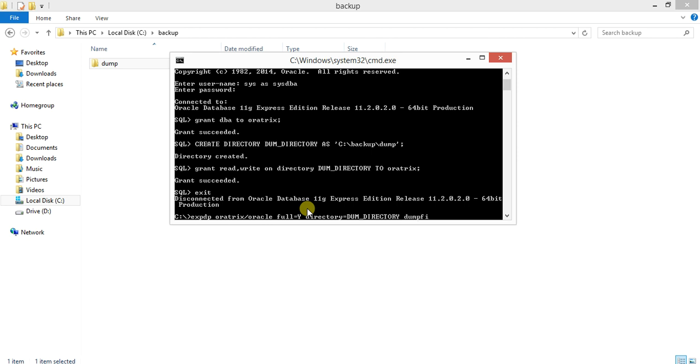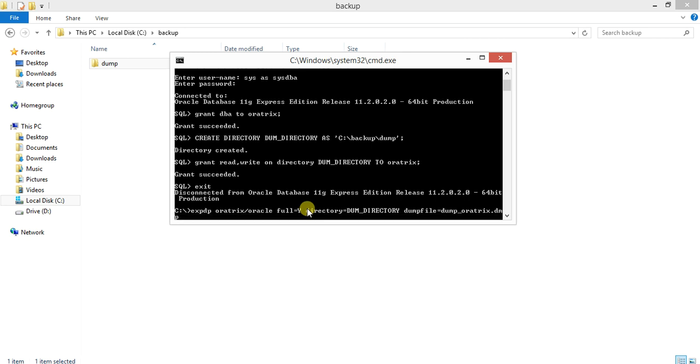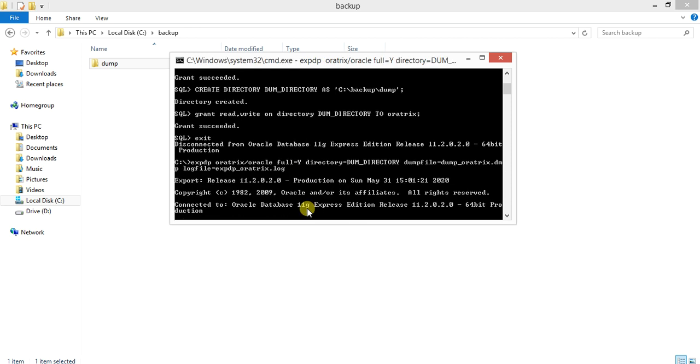And we have a dump file called dump_oratrix.dmp, and we require the log file, which is expdp_oratrix.log. Just press enter.